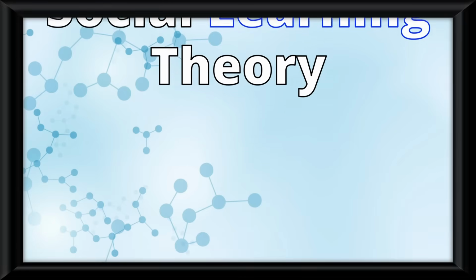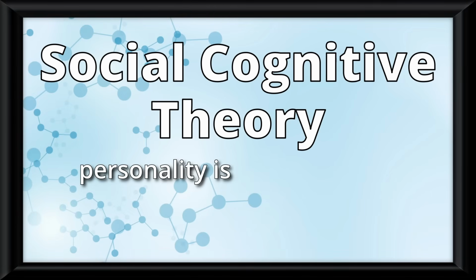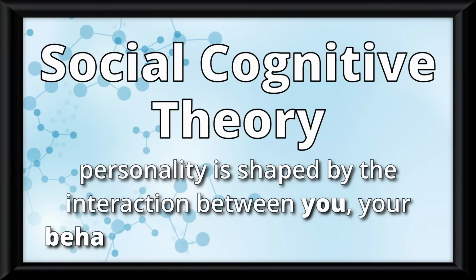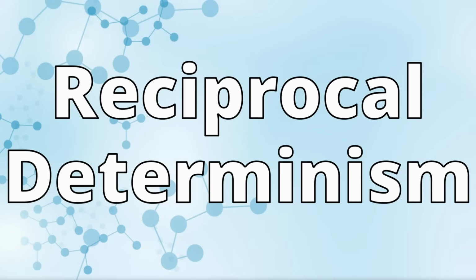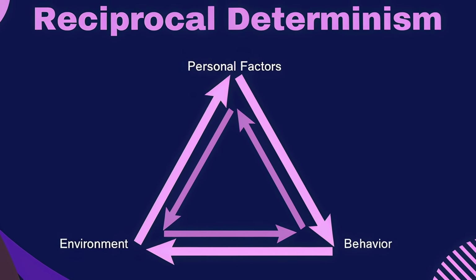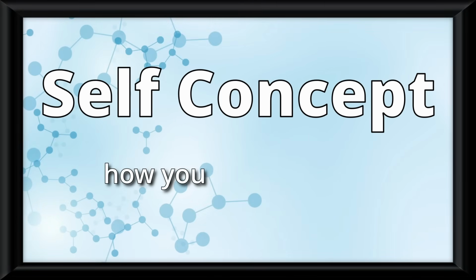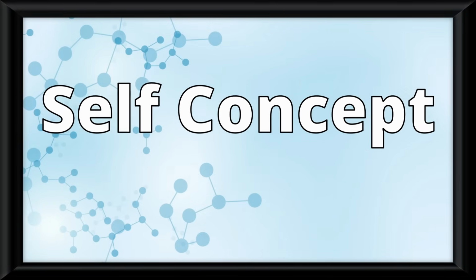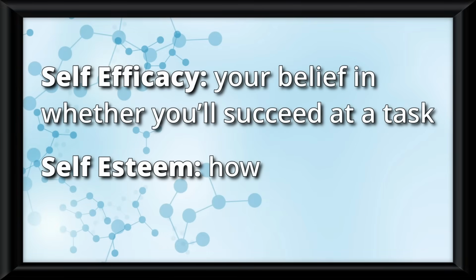Remember that Bandura guy from all the way back in Unit 3? No? Well, that's awkward. Anyway, alongside his social learning theory, Bandura also champions something known as the social cognitive theory. This basically says personality is shaped by interaction between you, your behavior, and your environment. That interaction is called reciprocal determinism. Reciprocal determinism explains how personality forms, and self-concept is one major component. This means how you view yourself. This splits into self-efficacy, meaning your belief in whether you'll succeed at a task, and self-esteem, meaning how much you